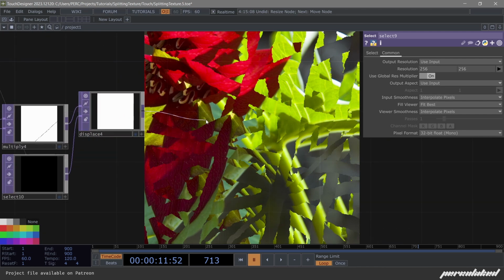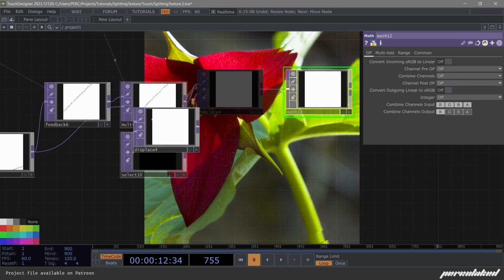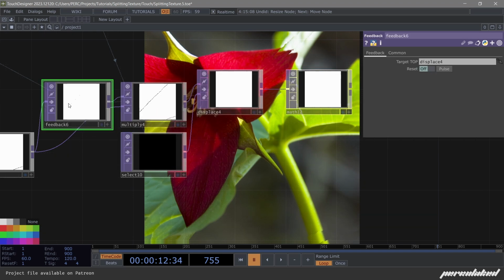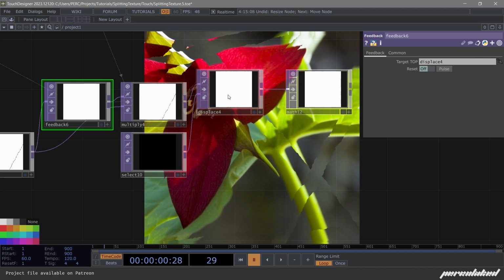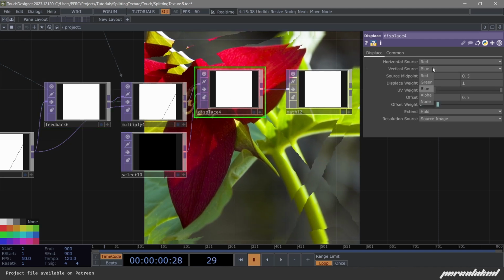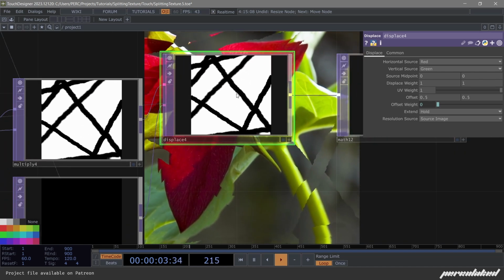And now if I just put the displays on the feedback, oh, this displays again red and green and center is 0. You can see it's growing and it's breaking away,